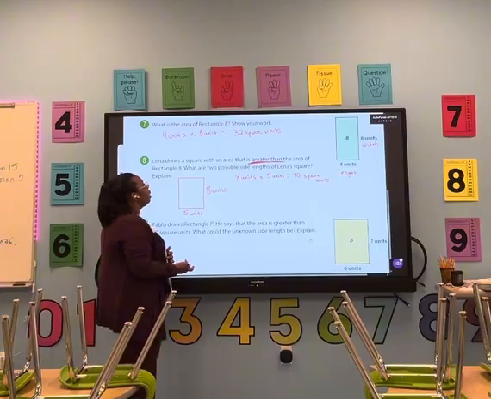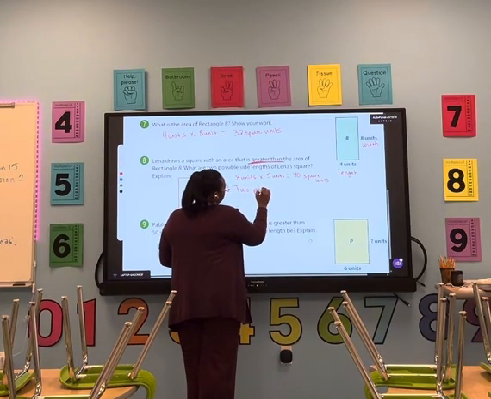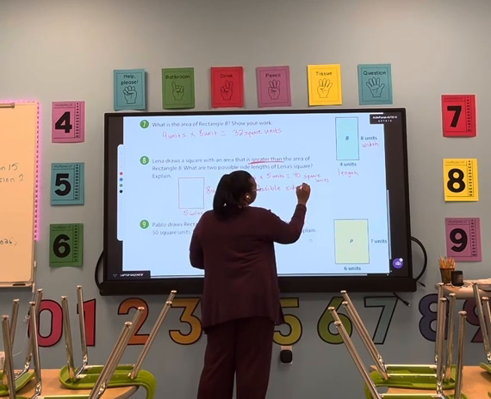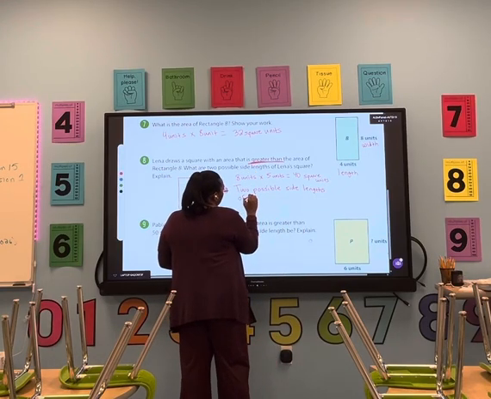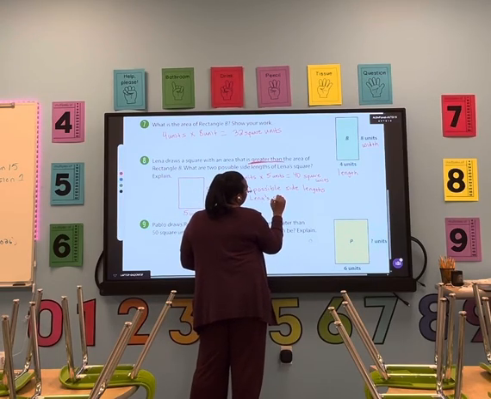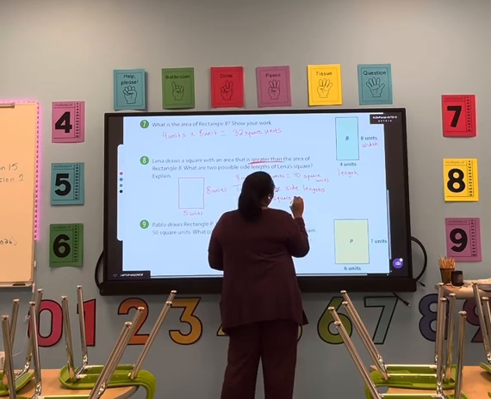We would say 2 possible side lengths of Lena's square is,